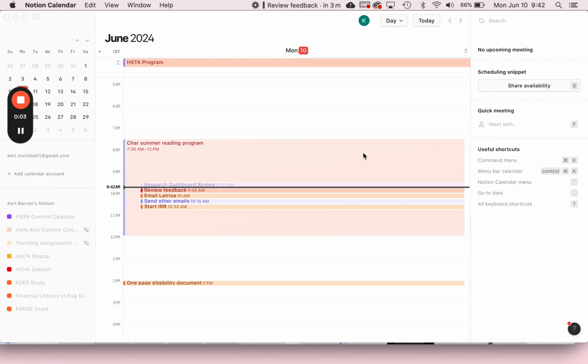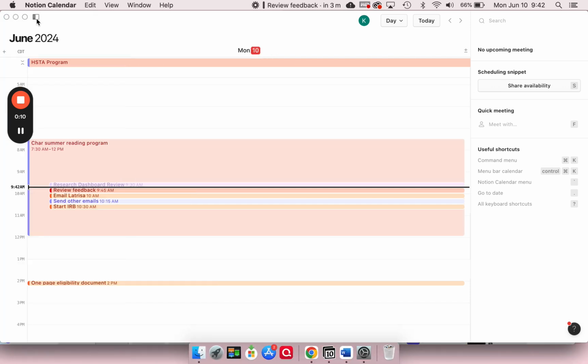So, I wanted to hop on and just provide you with a quick overview of my Notion calendar. Now, I love Notion because, one, as a researcher, I have several projects going on at once. What Notion allows me to do is to create a database for each project, and I'm able to keep track of each project separately. However, Notion also allows me to create pages where I can review all of my projects